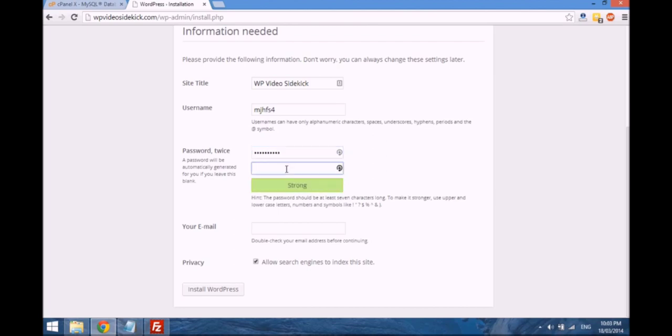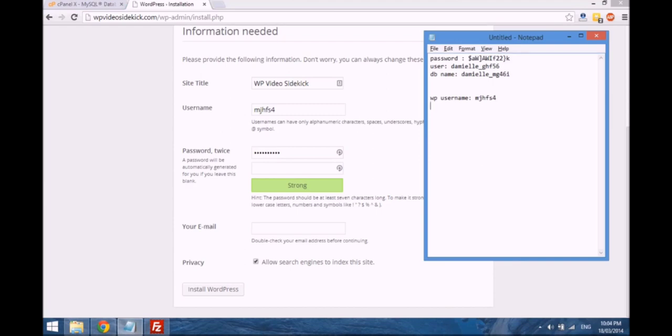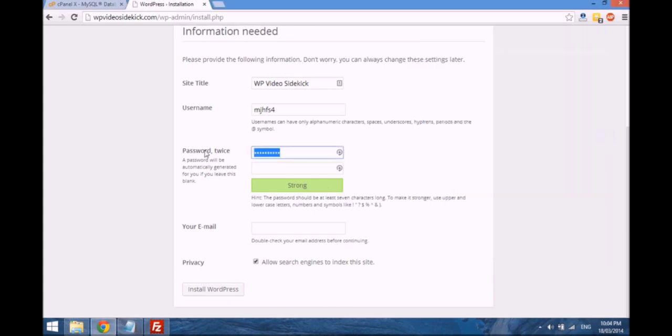Try using some common letters and capital letters, and what I'll do is just go back, WP password. I'm just creating a random password because this is just for demonstration. And if we go back here and we just paste it in,